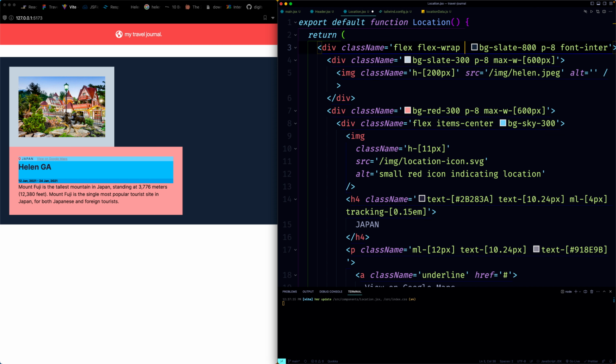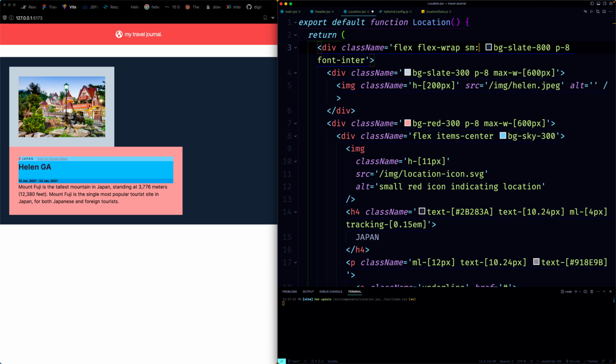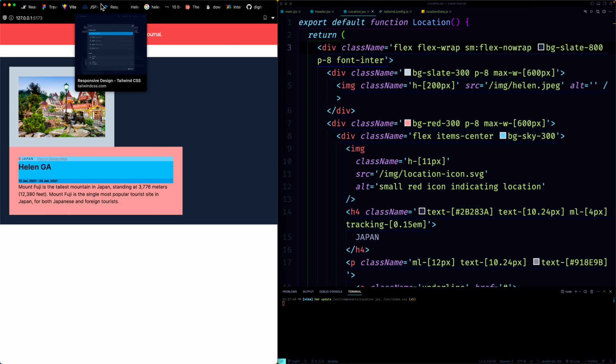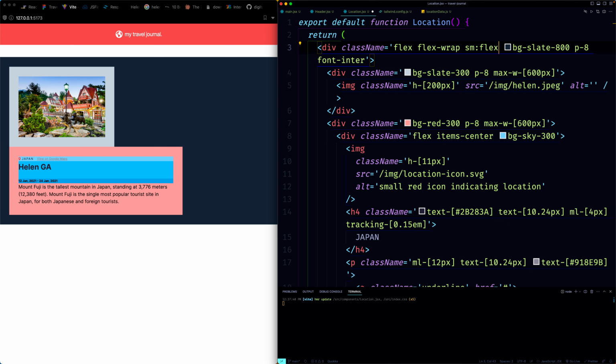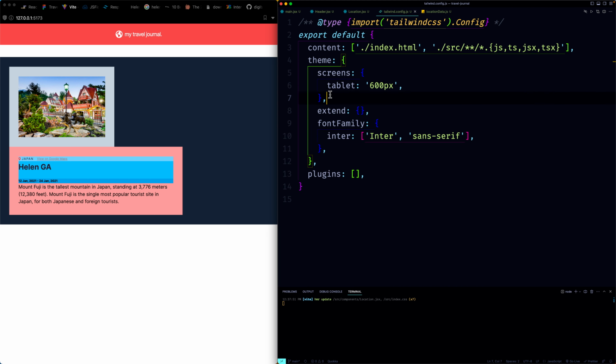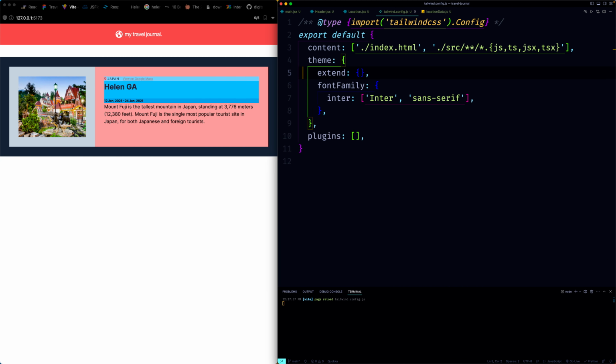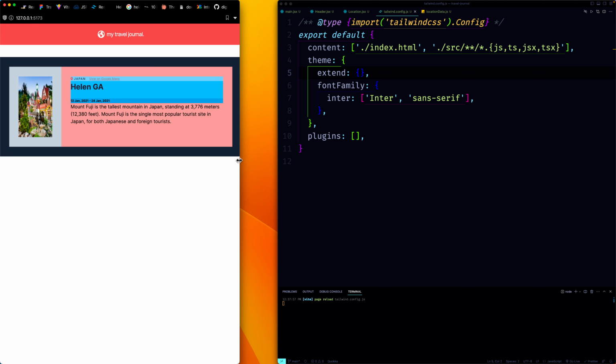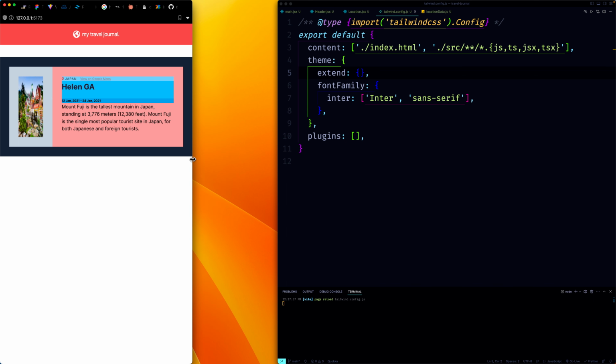Flex wrap. So small. Flex, no wrap. Hold on. I just pasted this. And I think this might be messing it up. Yeah. So I needed to like,